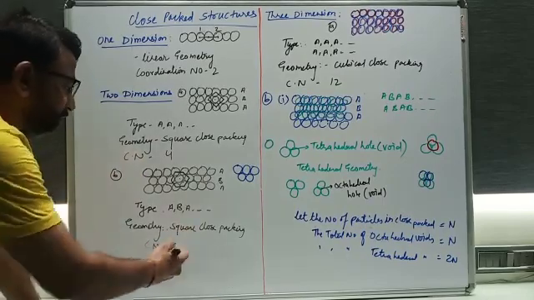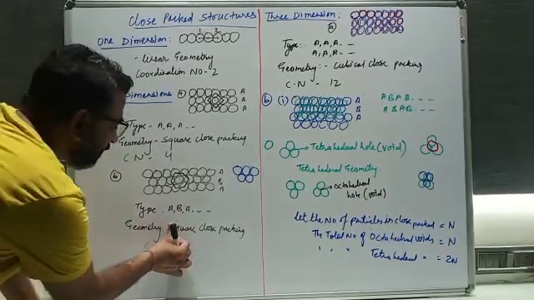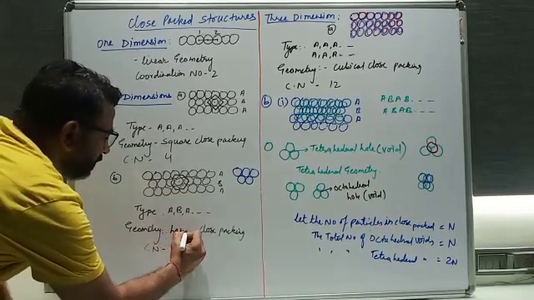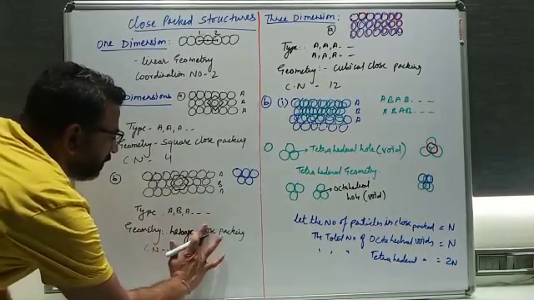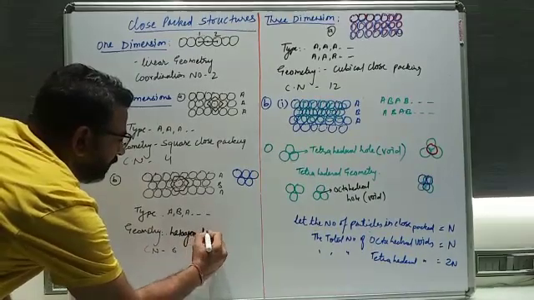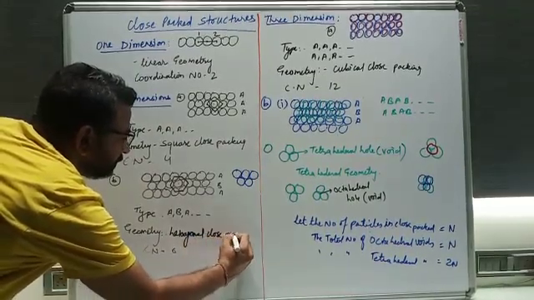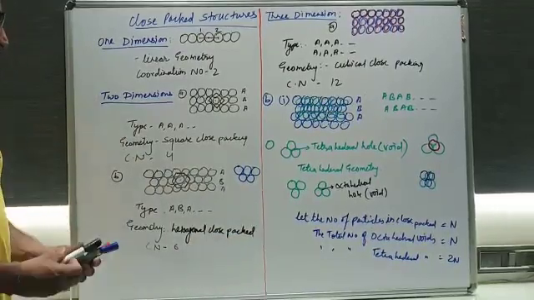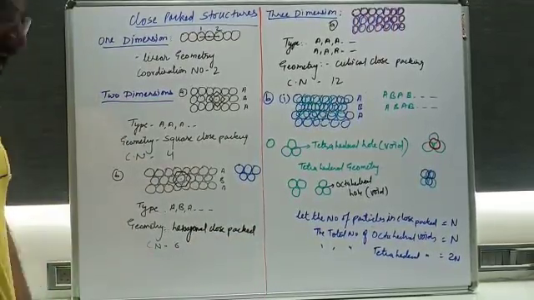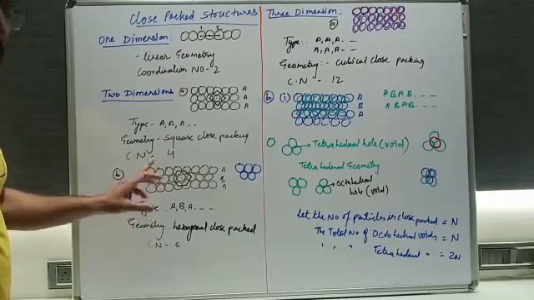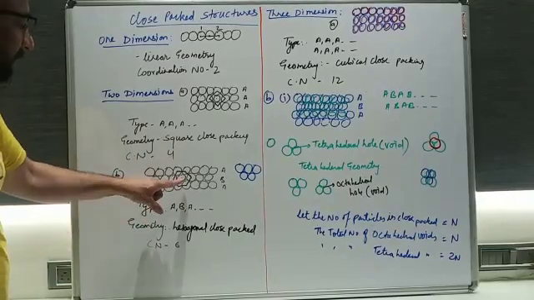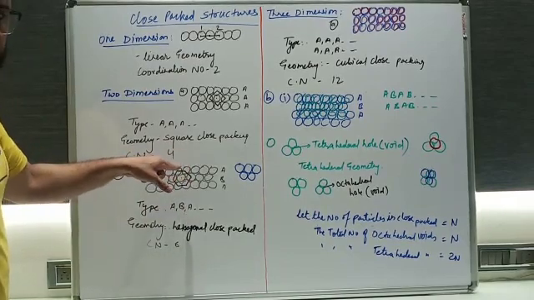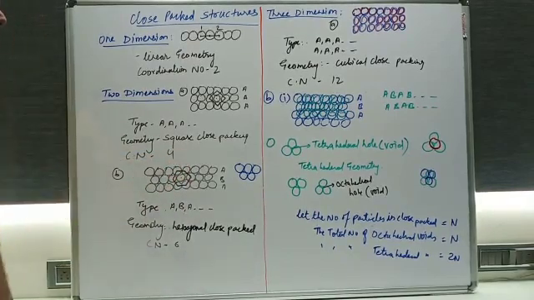Sorry, I have written it wrong. So that was a hexagonal close packed structure. Okay, so that was the geometry written in that. Now what is the coordination number? What is the number of coordinations? You can see that 1 particle at the center and 6 particles are connected to the surrounding, so the coordination number will be 6.